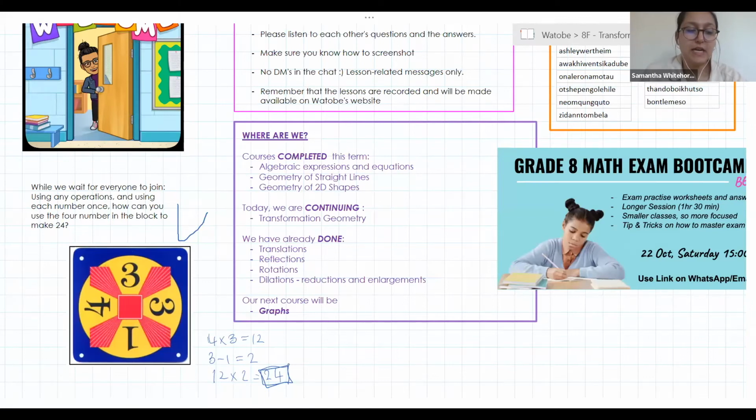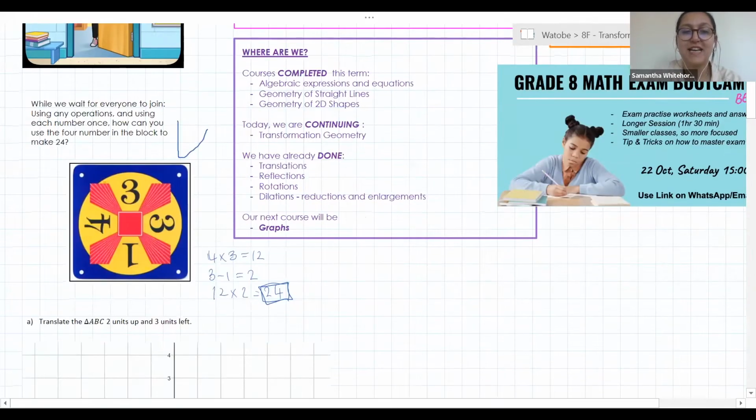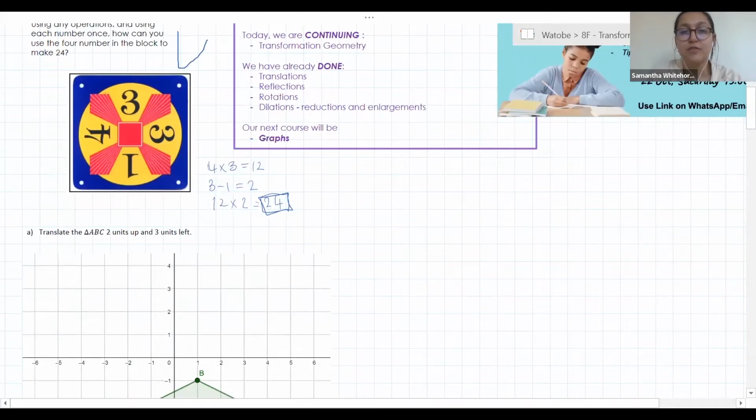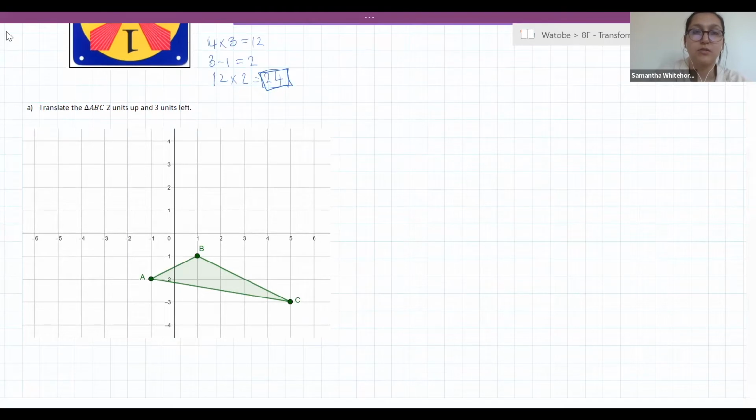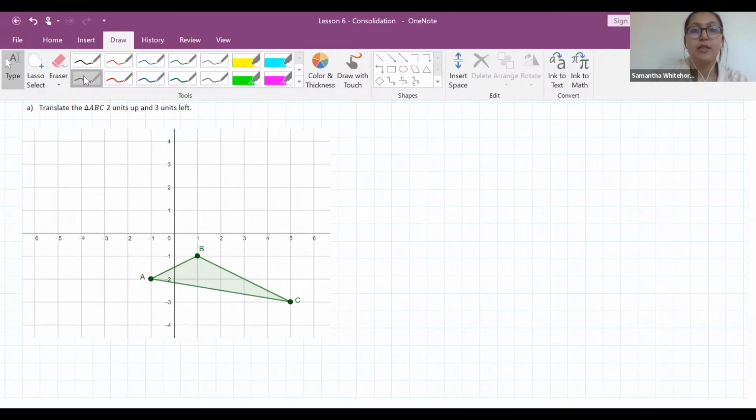Guys, like I say, today we are finishing off our transformation geometry. We have learned about 4 different types of transformations in this course. I've sort of just jumped straight into it, but just so that we all know what those 4 transformations are. They are